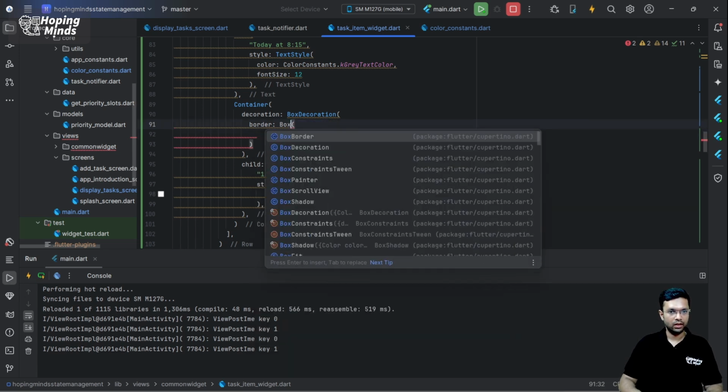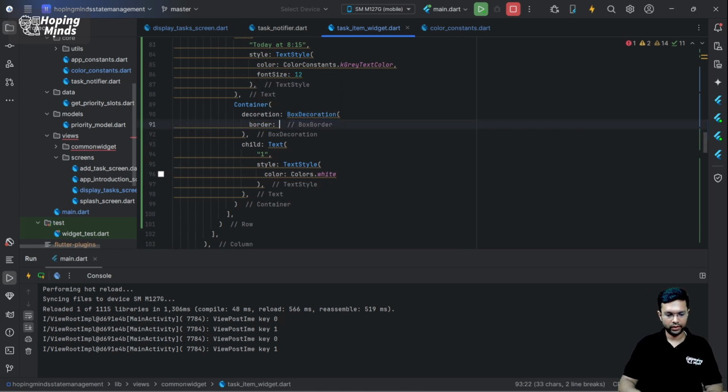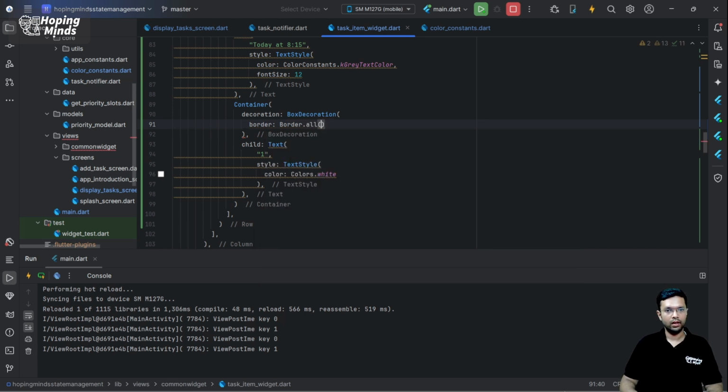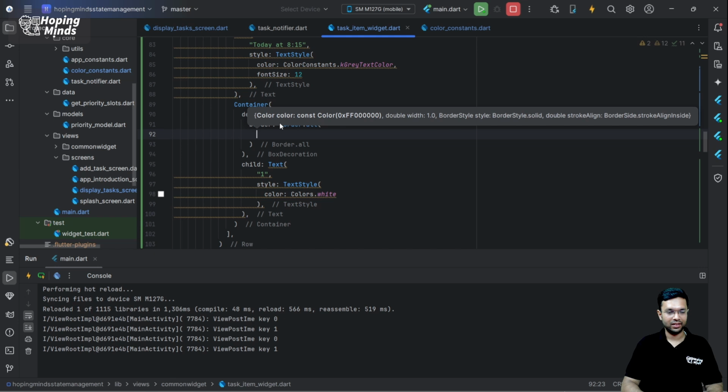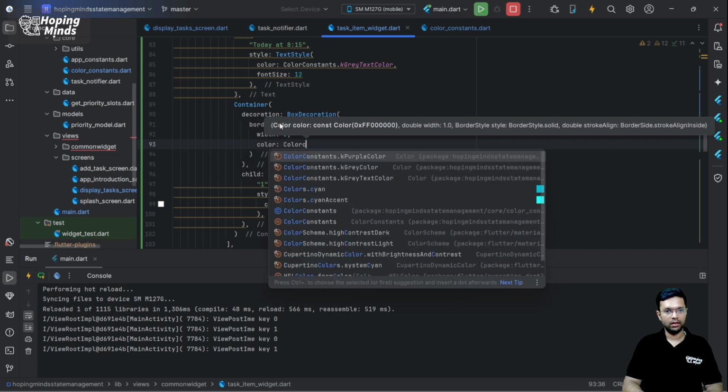This should be box border. Well, let me try seeing the documentation, and if I just check this, it shows box border. Well, I can also have border dot all. Well, yes, this worked. And then I'll mention the width as 2 and the color as color constants dot k